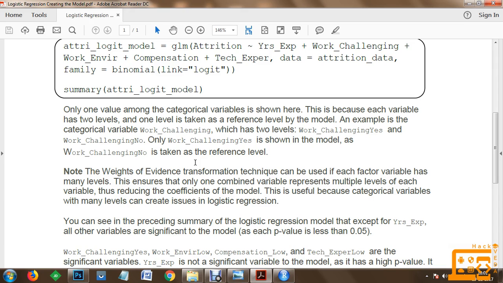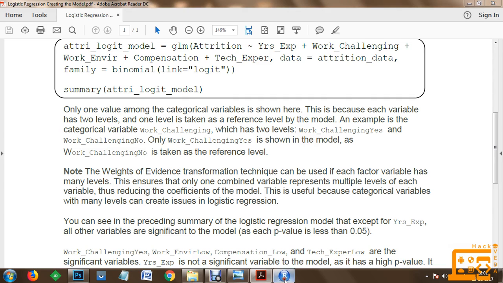Now let's proceed to the summary again, and you can see that the logistic regression model which has been generated has one insignificant value, and that is years of experience, because all the other columns which have been used are seen as significant to the model because they have their p-value less than 0.05.